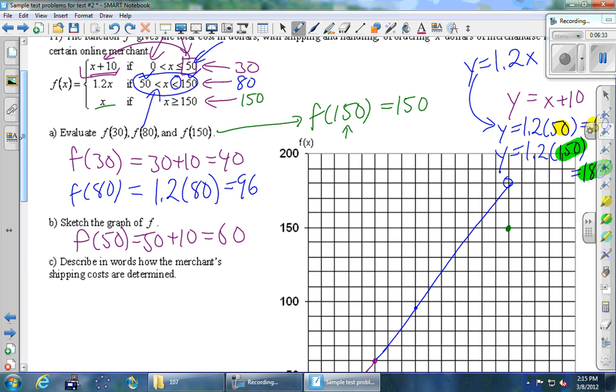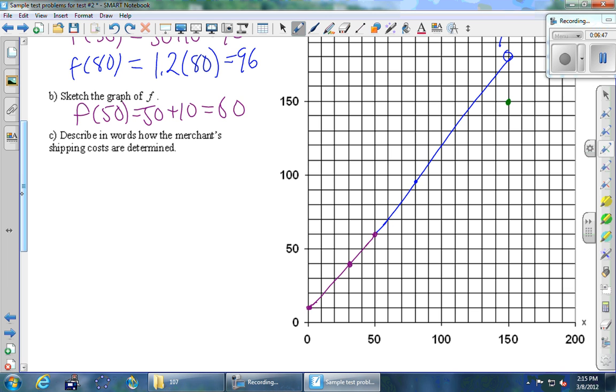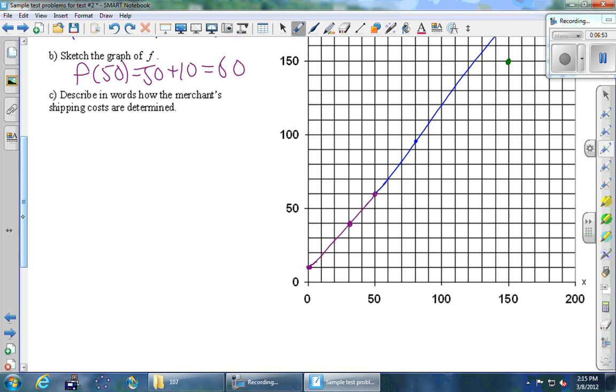Okay, and then finally the last one, we'll do this in green. The bottom row is the function y equals x. Hopefully we know the graph of y equals x is just a line. This rule starts at 150. And in fact, that's exactly the green point that we've already got on the graph. And if we just plug in, say, one other point,